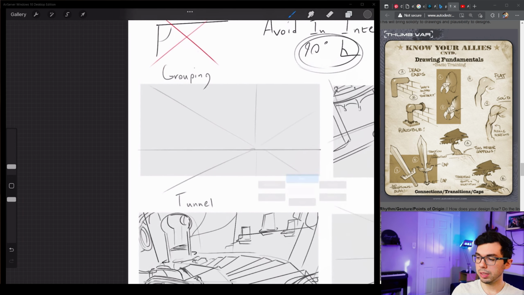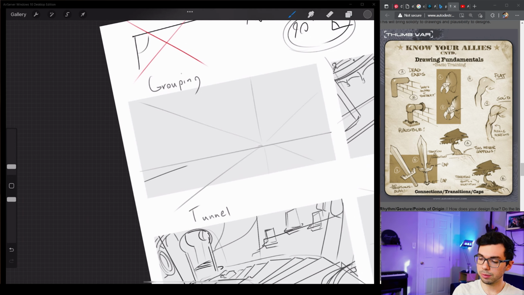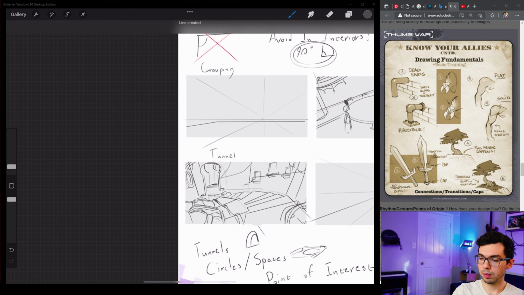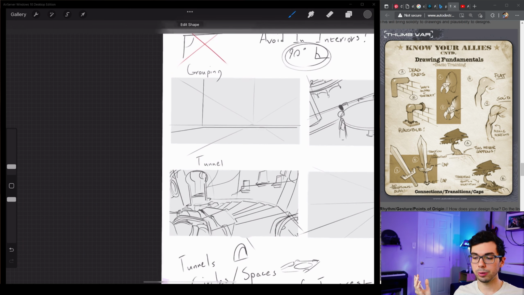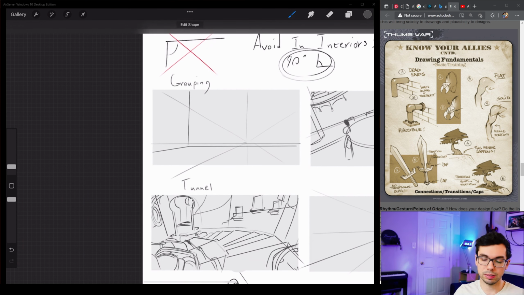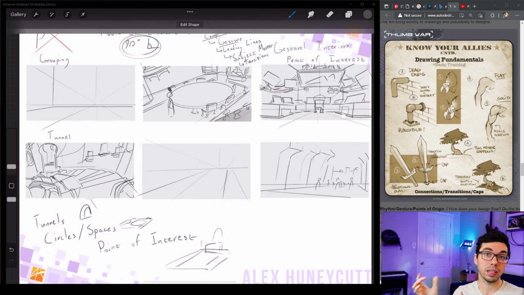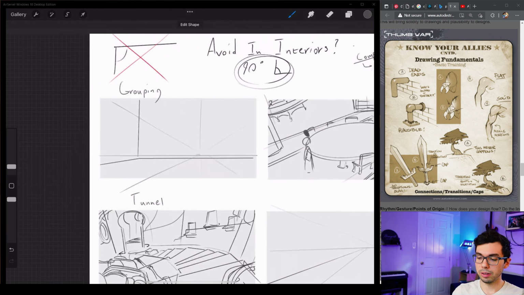That would be in the sense of, if you have a room and we want to group and lead the eye to something of interest that isn't at the focal point, it's not necessarily a tunnel composition, it's elsewhere on the page. Maybe it's a bedroom, right? We are going to be going,